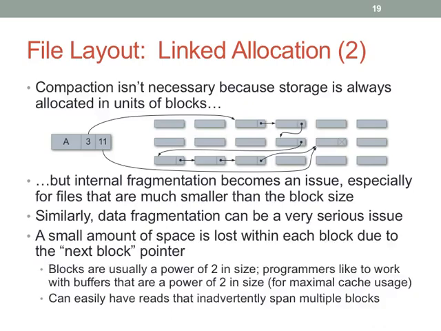The other thing that I wanted to mention is that a lot of times these blocks are powers of 2 in size, and people like to work with power of 2 size data chunks because that works well with caching and other components of the system. Let's say that you're trying to design a system to be virtual memory friendly, and your file system is throwing away a few bytes on each chunk just to say where the next chunk is. Well, now you start having complications, and your file system isn't going to play well with common usage. So you can see that these are some of the issues with linked allocation. Nonetheless, it's a pretty straightforward approach.